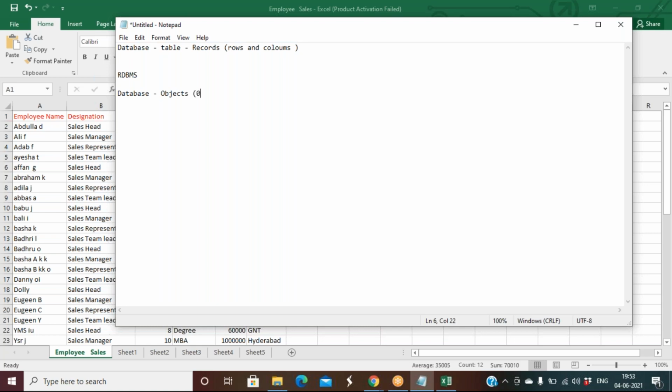So what do you mean by object? In general language, it's a table. Now what do you mean by table? A table is nothing but, as I said, an object is a combination of records. And what do you mean by record? Records are nothing but a combination of rows and columns. So if I say table, it means object, or sometimes if I say object, consider it a table only. In Salesforce terminology, we call a table an object.